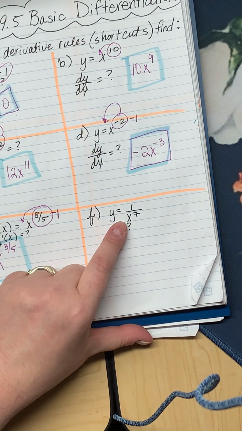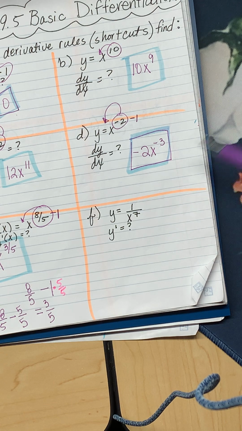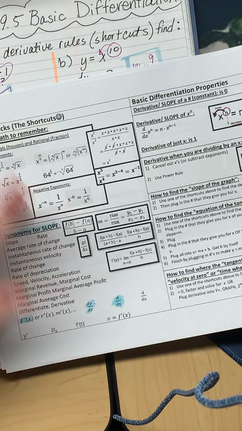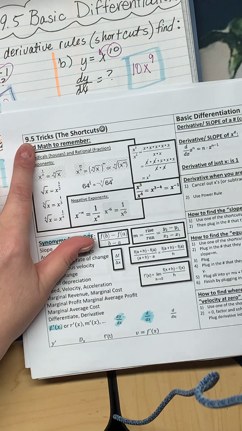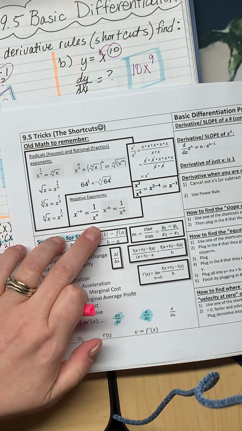Let's look at this sucker. Okay, so it looks like we got a division. Weird. Okay, we're going to have to change that. This is some of the old math that we need to remember. So look at your 9.5 tricks. And we're looking at this part that says